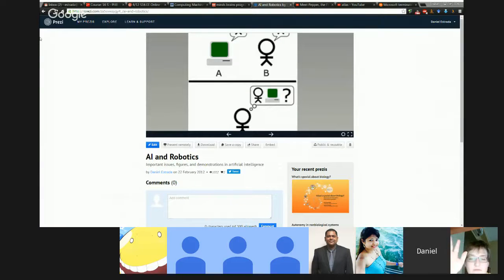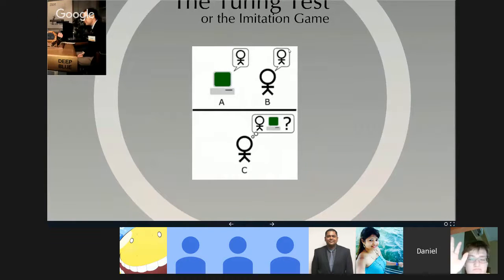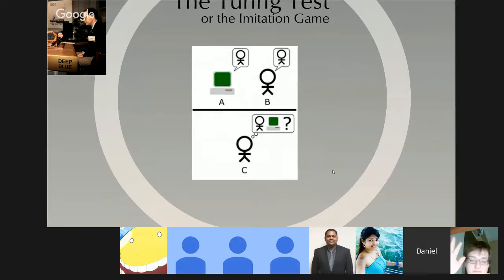Good question. The general point here is that we want to judge the machines on the same criteria that we judge the human beings. Turing thinks that we shouldn't judge the machines based on what they're made of, based on what's going on inside of them, because we don't always know what's going on in humans, but we judge human beings to be intelligent. And if we judge machines any differently, this is unfair. Turing thinks it's a bias against machines. Turing's worried here that we're unreasonably biased against the machines, that just because it's a machine, we immediately conclude that it can't be intelligent. And Turing says that's not fair.